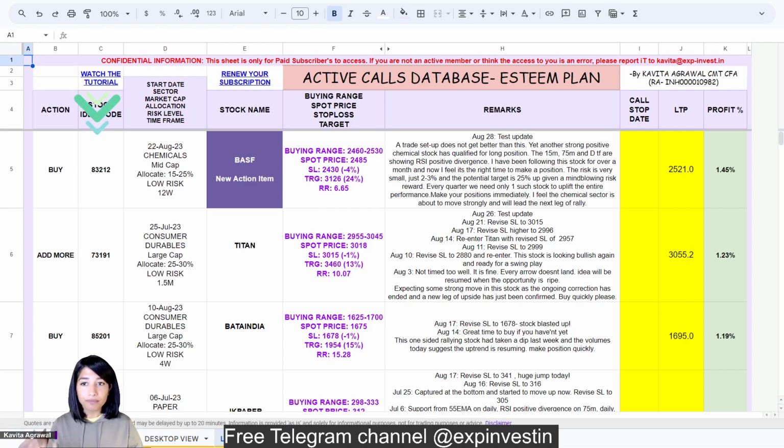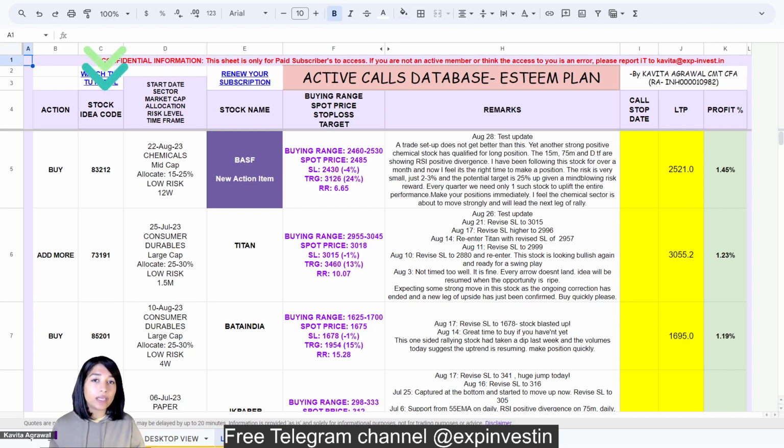Now we'll come to the first column in the end because that's a new addition. So let's start with the stock idea code. Now what is the stock idea code? This is basically a unique code which is given to each trade setup, because we are doing swing trading, and